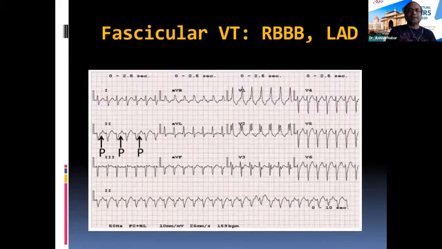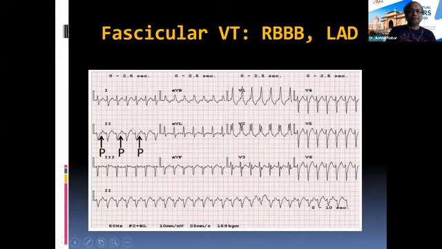Here is one such example. Now this tachycardia is not so broad. What is not so broad? Something that is between say 100 to 120 milliseconds. If it's a not so broad tachycardia, but a supraventricular rhythm never has a discordant axis. So here it's a right bundle branch block tachycardia with a left axis or almost a northwest axis.